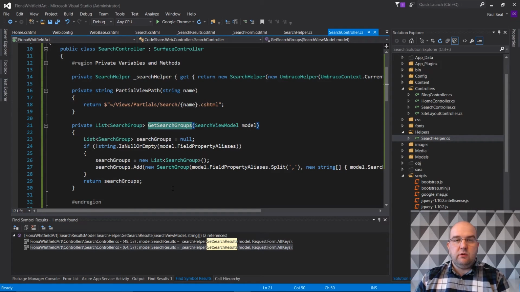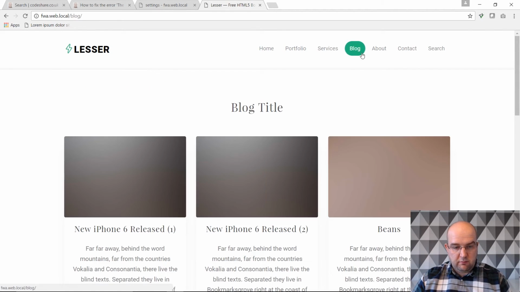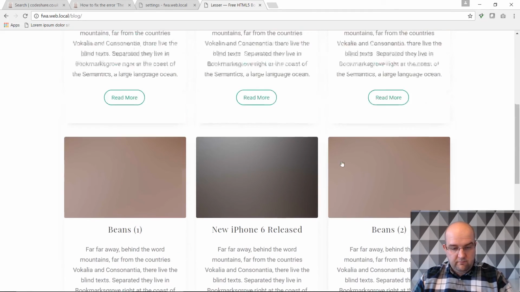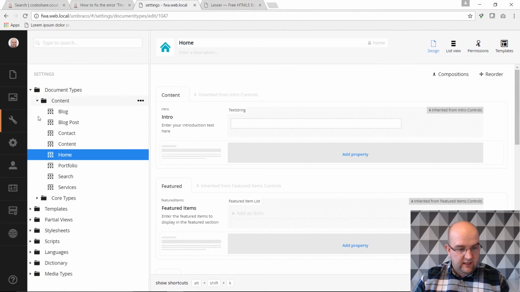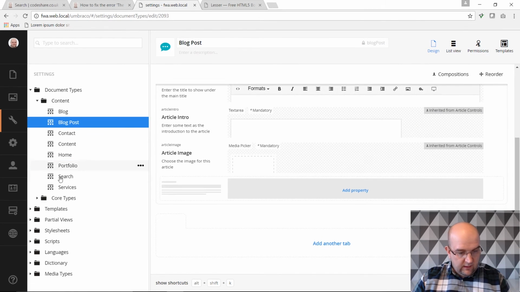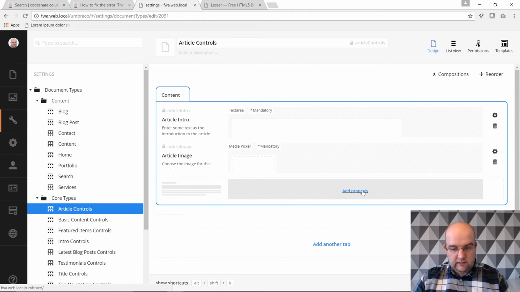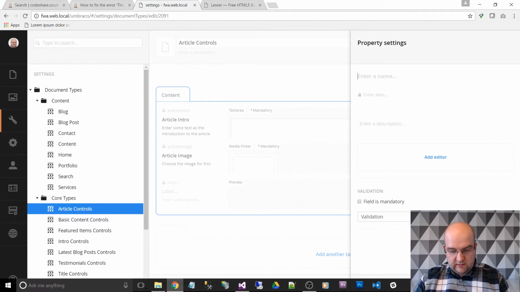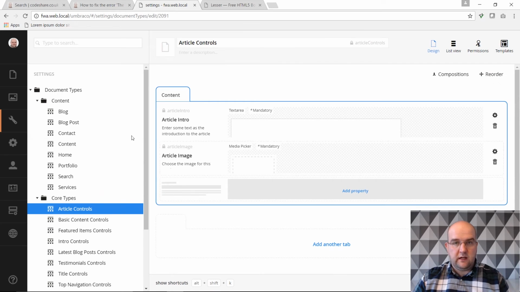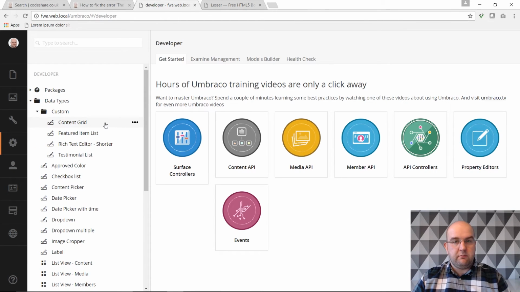But it's saying you wanted to do a category search, so let's just check time. That's alright. So let's just add a category onto these blog posts actually. So I've got 6 blog posts in my content. If I just go to a blog post, actually I'll do it on my article controls. I'm just going to do a category actually before I do that. So this might take a little bit longer than I hoped, but it will still help you with doing this